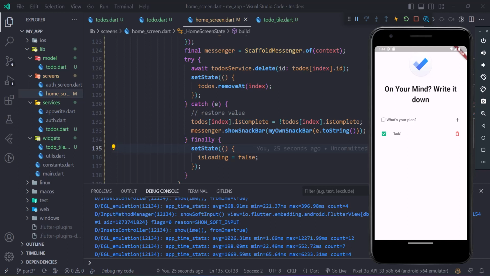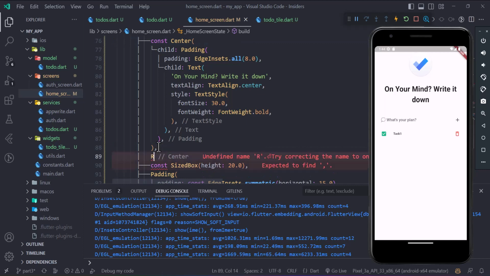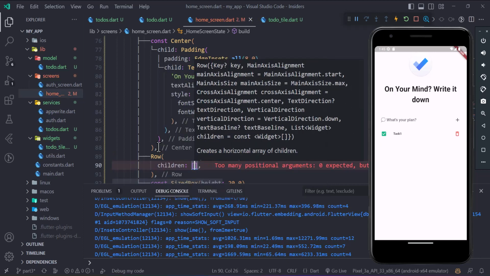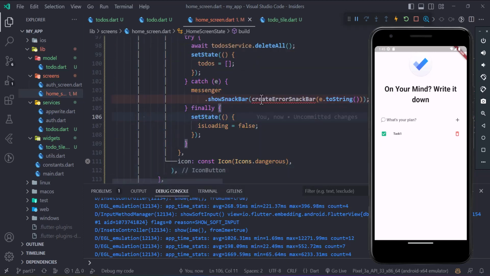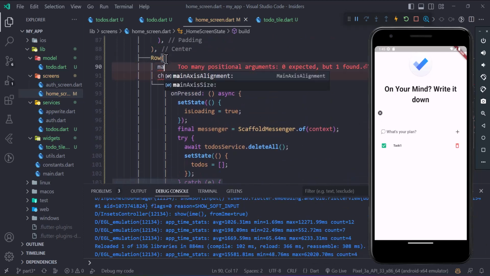I won't be setting up much of a UI, but for both purposes, before the write-down and after the write-down, I would be creating a row which would contain both these functions. Inside my child, I'm having this, and let's say it's my own snack bar. Save it, and you can see there is a button. Let's make sure it's in the center,